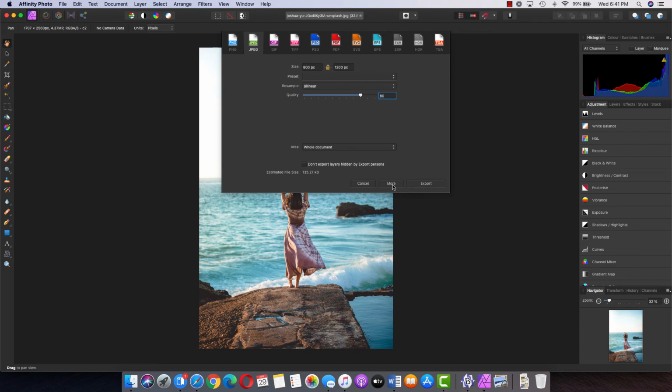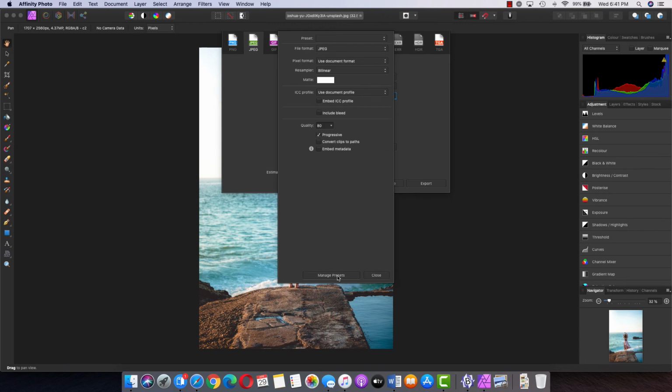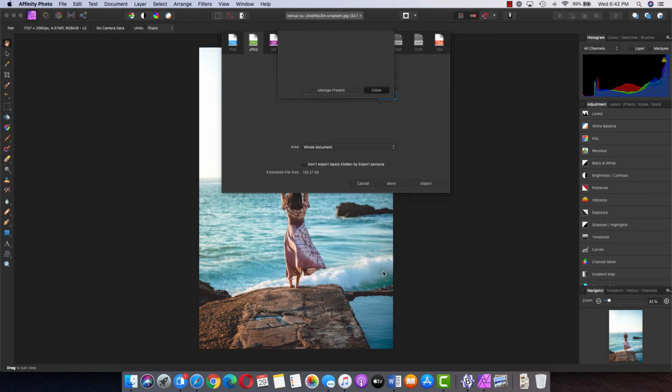Once all this is done, you can click on more and click on manage presets and create a preset and give it a name, web image. Okay. So from next time onwards, if you want to export, you can directly select the web image preset.